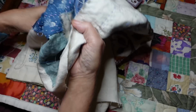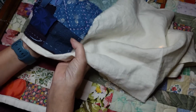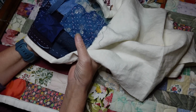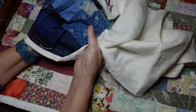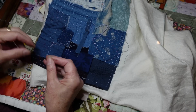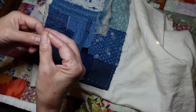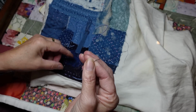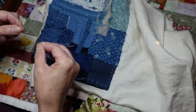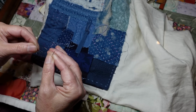Oh, I like that. I like that a lot. Little purple rectangle. That's cute. Okay, I'm going to put the silver in. I can't remember putting that in here, but there's a few different strands, so I'll just put this 2 strand in,